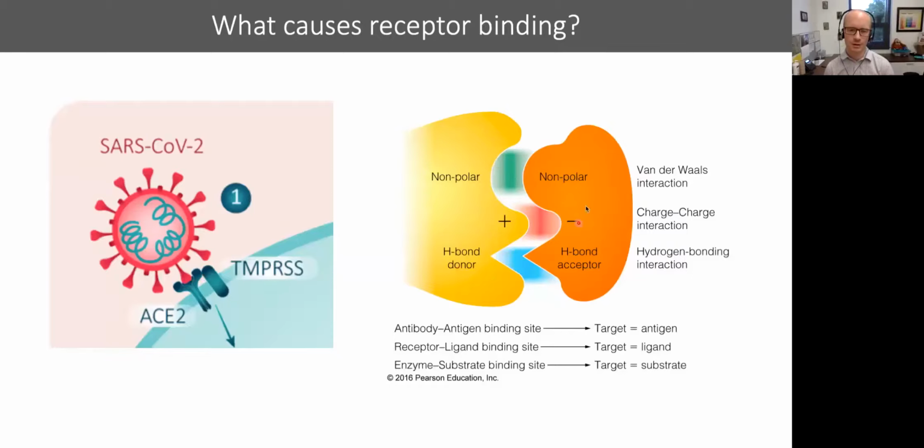So this is showing this generically for two molecules binding together. The surface of the spike protein might have a positive charge where the receptor has a negative charge, or you might have these greasy nonpolar groups that are next to each other. But basically, the idea is that they more or less fit together like a lock and key with a whole bunch of different magnets. And so when they get in the right orientation, they bind. And at a very high level, that really is all there is to binding, both in the case of receptor binding and pretty much any other binding interaction that's occurring inside the cell.